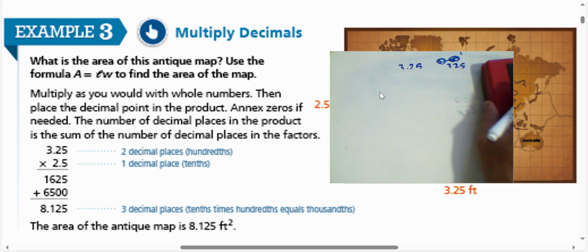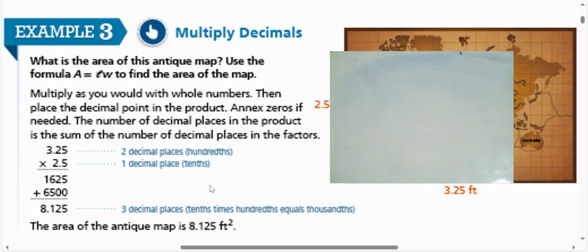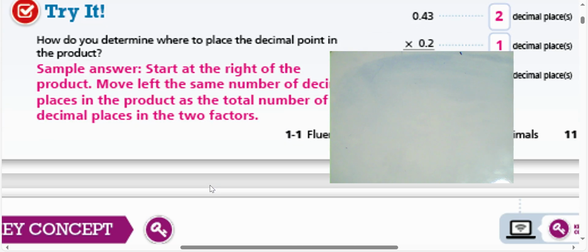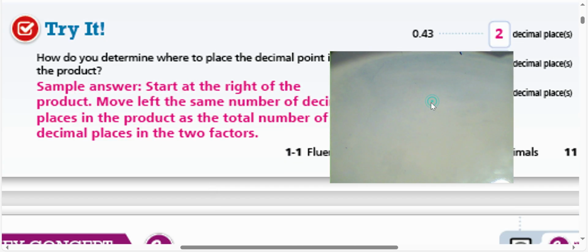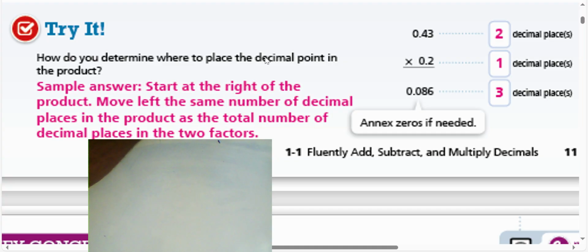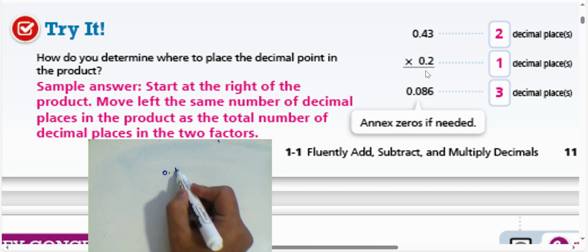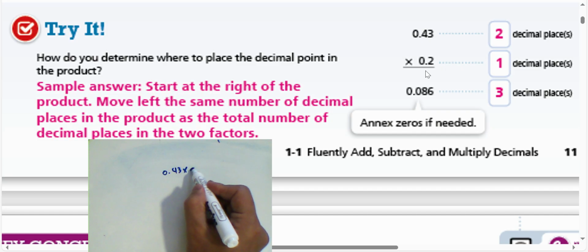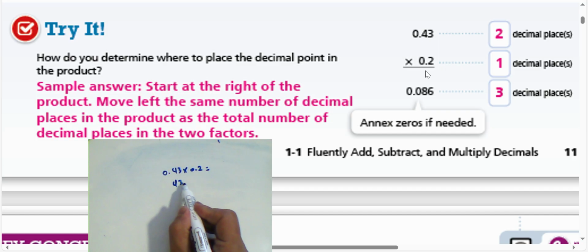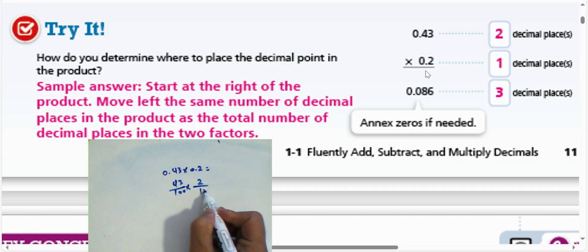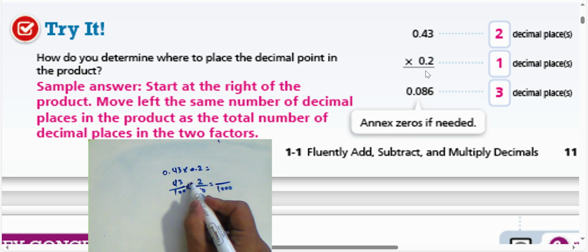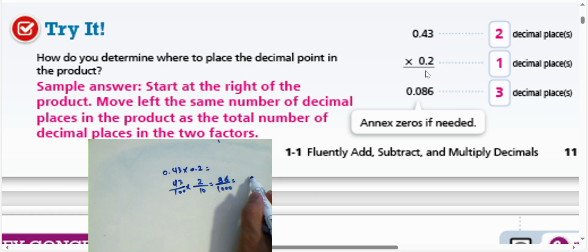The result will be 8.125. Okay, it's the area. Example number 2, try it. How do you determine where to place the decimal point? The point will be after three places, because the first factor has two places and the other has one digit after the point. Then the result will be 43 hundredths times 2 tenths, 43 over 100 times 2 over 10. 10 times 100 equals 1000. 2 times 3, 6. 2 times 4, 8. The result will be